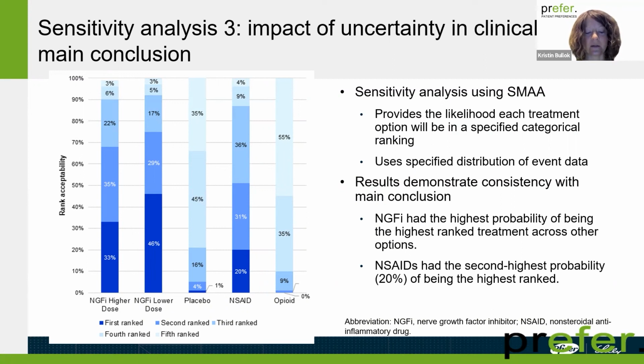What was really good with this sensitivity analysis is being able to assess the likelihood that each treatment option would be categorized into a specific rank. First, looking at the likelihood they would be within the first rank, or a second rank, and so on, up until the likelihood that they would be the last option, or the fifth rank. On the left, the dark blue boxes represent the first ranked. As you'll see, nerve growth factor inhibitor had the highest likelihood of being ranked first, with NSAIDs following closely